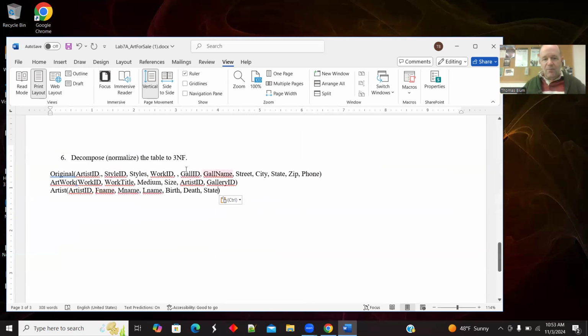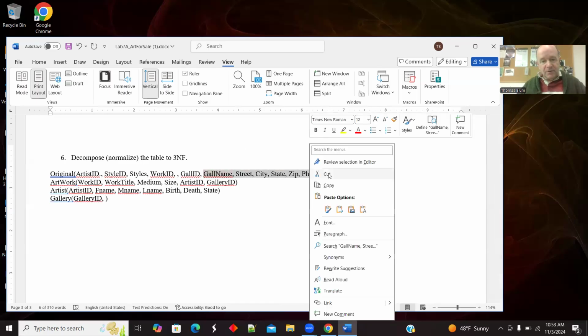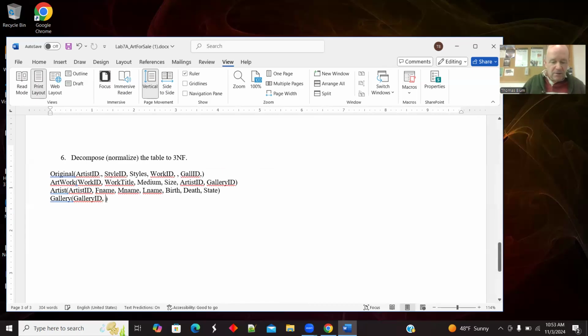So we keep pulling things out of our original. That's the idea there. And then there's going to be gallery. That's going to start off with the gallery ID. And then pull out all the gallery stuff, the gallery name, city, state, phone. Okay. And what was left? This original table